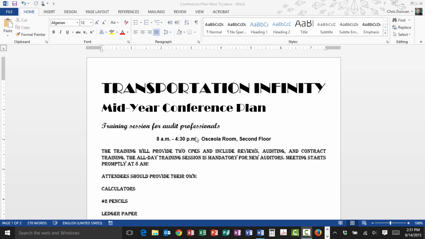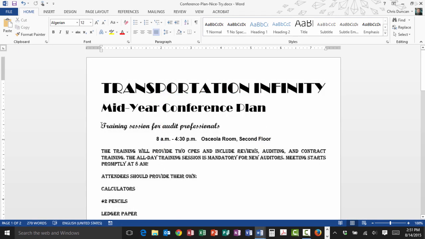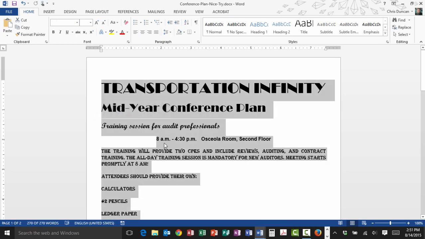To reset the bar at zero and make it relatively easy to style, all I have to do is follow these few simple steps. The first thing I want to do is select all of the text in my document. And there are two ways I can do that. I can use the keyboard shortcut Control-A, or I can just come here to the left margin and triple click. Either way you like, you want to make sure you've selected all the text that you want to clear the